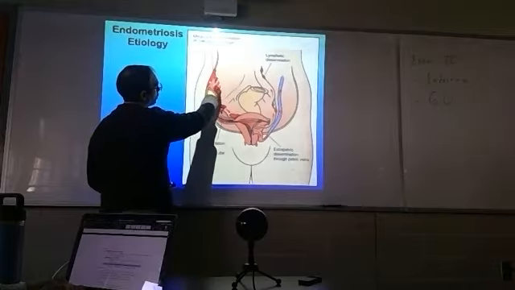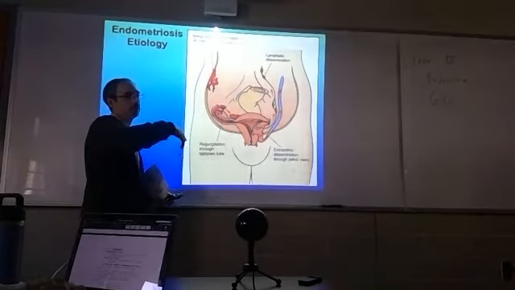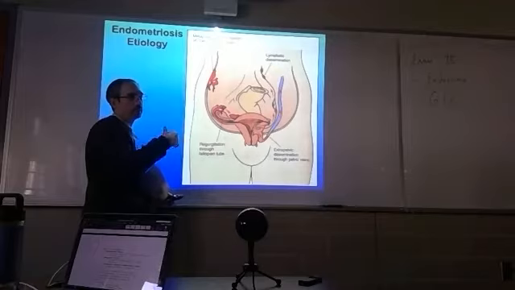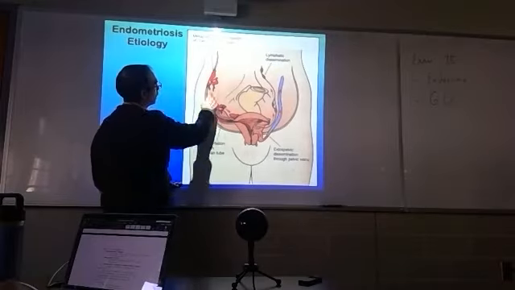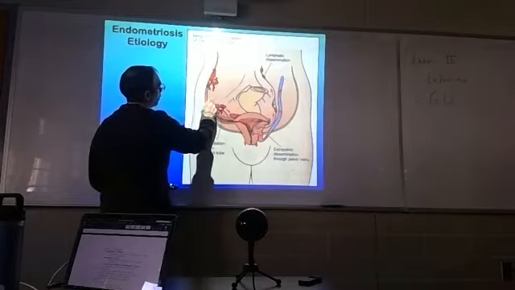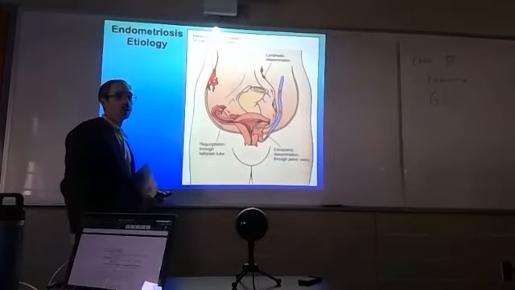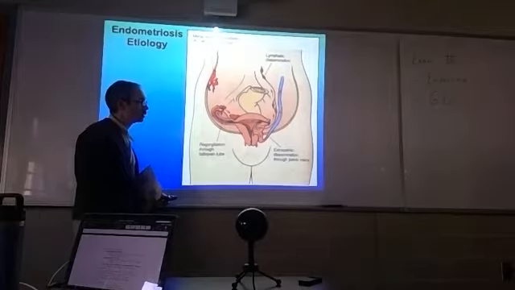The metaplastic theory proposes that the coelomic epithelium, coelomic just means cavity. Coelomic epithelium is an epithelium that covers a cavity. Okay, some of this epithelium covering the cavity walls, coelomic epithelium, differentiates into this functional endometrial tissue, and again, grows